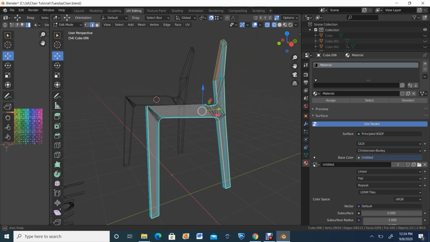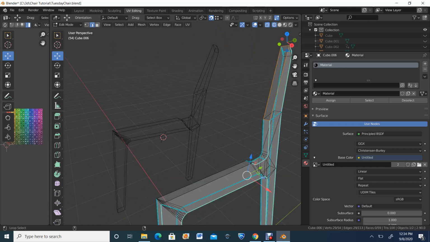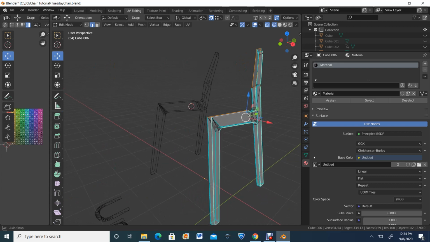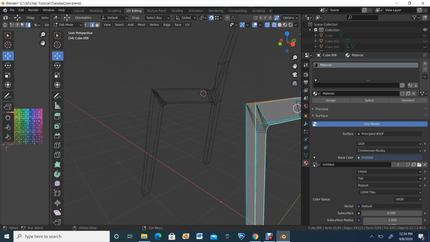On that, so as far as I can see, I have the whole outline selected, so I'm going to go ahead